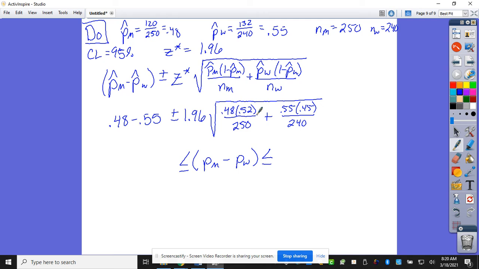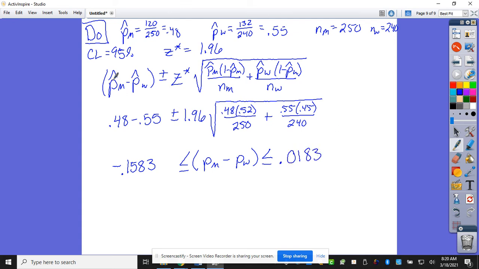I did 2 tests, not 2. Stat, 2 prop Z int is B. So 120, 250, 132, 240, C level 0.95. Calculate, and this gives you negative 0.1583 and